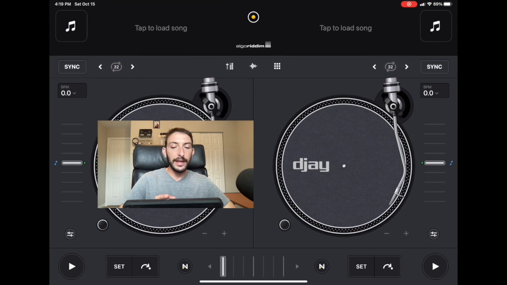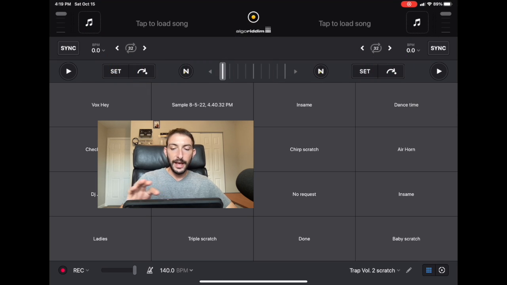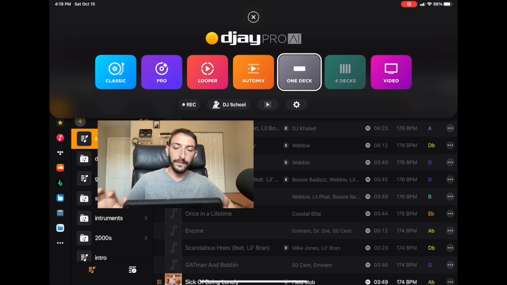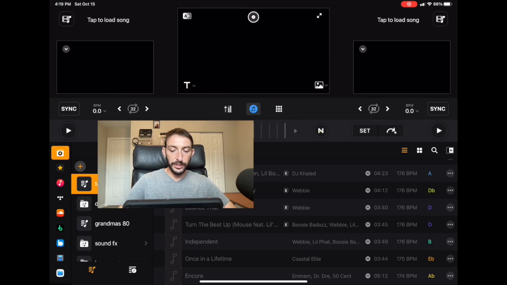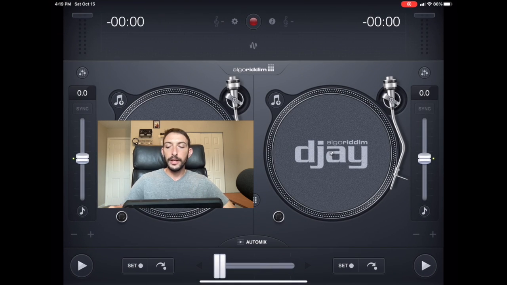Also, in DJ Pro AI, you have a looper section, you have auto mix, and then you have one deck, and then you have four deck, and of course you have video. So that's what you have in DJ Pro. Back to DJ 2, you have one mode. So you load a track over here,